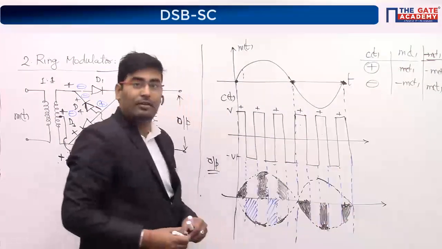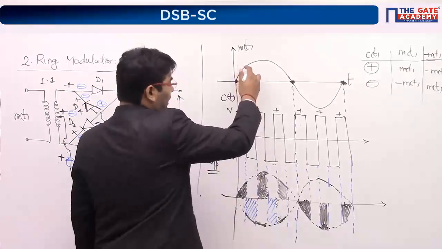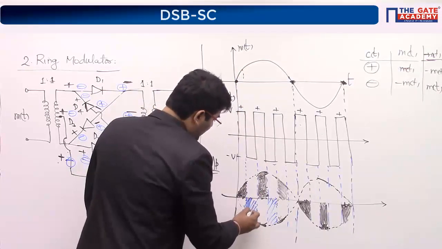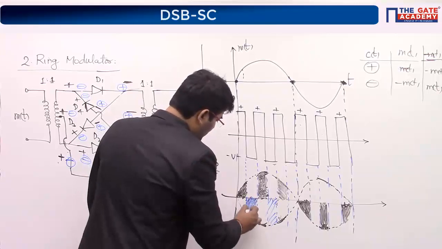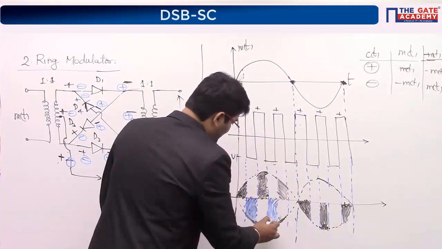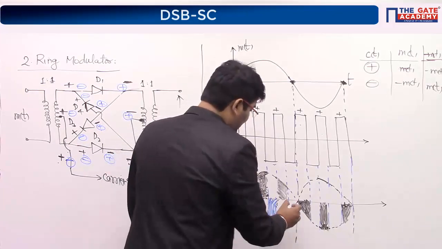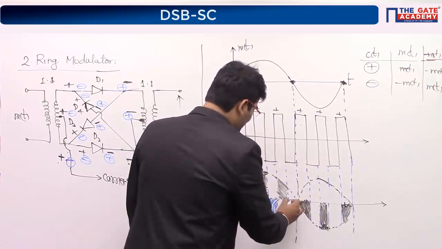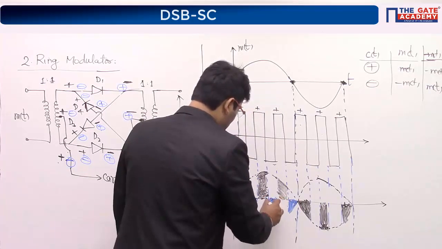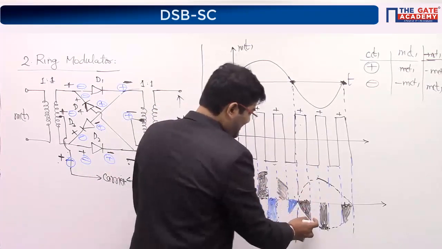Now, what will happen? When you are doing minus and mt is plus, plus into minus will get negative. So this is like this. So I'll fill it in here like this. And similarly here, have patience guys, please. And I will show you the magic and then we'll say, wow, this is great, sir. Just have patience, don't worry. So you can clearly see I'm up to something. Can you see it, guys?